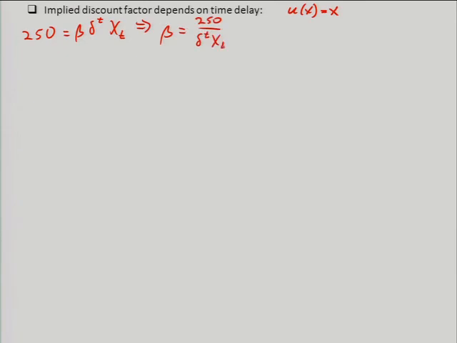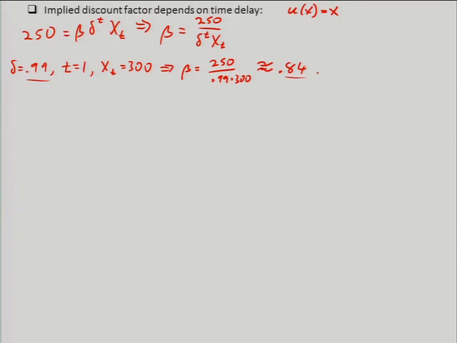Now, let me take your 10-year answer from earlier seriously, which was 0.99. Let me say, okay, if we get this all the way out to there, we're probably pretty close. So let me let delta be equal to 0.99, and let's suppose that I then go back and say, what does that tell me about beta based on your t equal 1 answer, which was 300? What that implies is that beta is equal to 250 over 0.99 times 300, which is approximately equal to 0.84. Okay, so this is someone who's fairly patient. Delta equals 0.99, but they've got this present bias parameter 0.84, which is actually pretty close to what has been estimated in a lot of data.